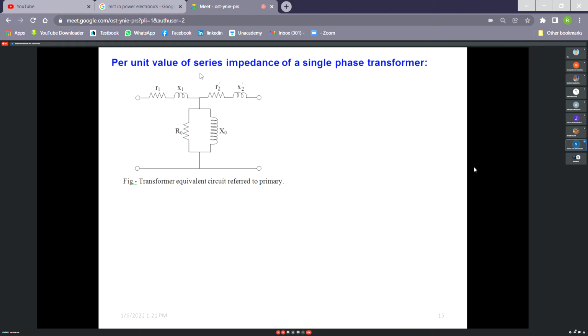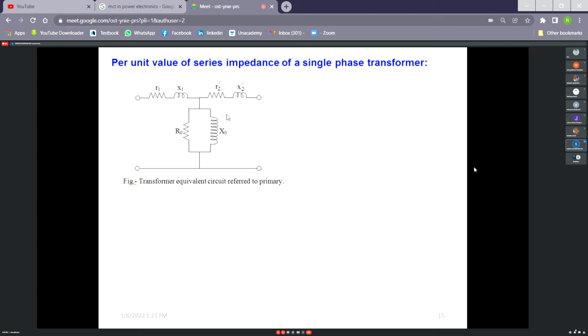So say this is the transformer equivalent circuit referred to primary. I have not drawn the ideal transformer here. Obviously, the ideal transformer will be on the right hand side. Similarly, the same thing will be for when it is referred to secondary. And what is the value of the total resistance here? R1 plus R2 dash and X1 plus X2 dash. The value of total impedance referred to primary and the value of total impedance referred to secondary, you know they are hell and heaven apart, because they differ by a multiple of 10 or 100 depending on the turns ratio of the transformer.